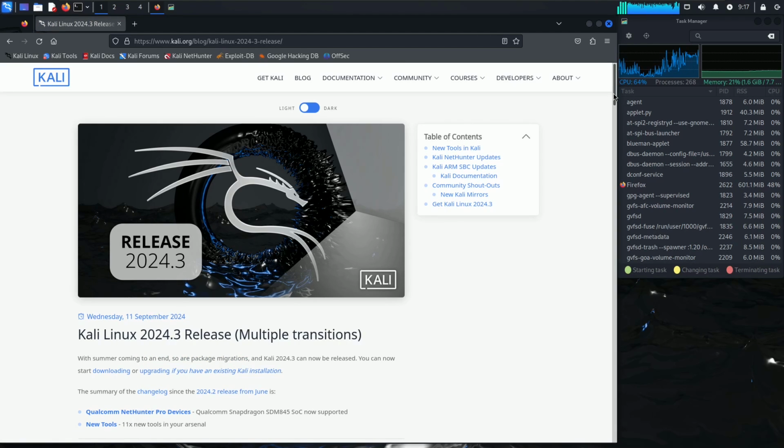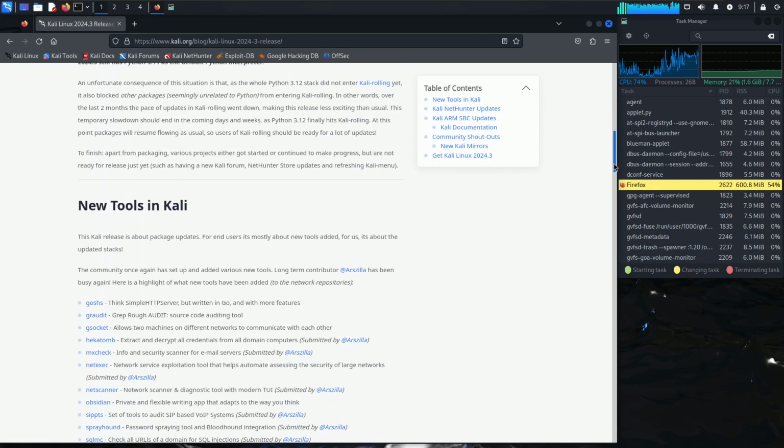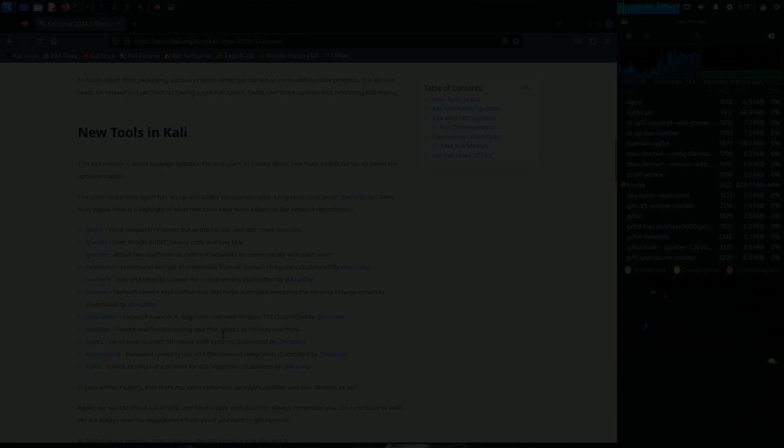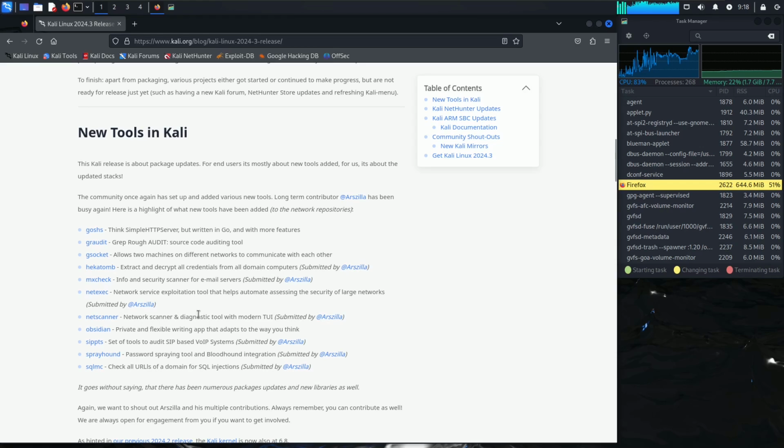And let's first talk about the main changes, like new tools in Kali Linux. So the Kali Linux 2024.3 release introduces 11 new tools, which is mentioned right here. So here are all the 11 tools which I already mentioned. So the first one is GOSHS, which is GoShs. Think simple HTTP server, but written in Go and with more features. And I'm going to go through all the information one by one. Graudit for source code auditing. I hope I am spelling properly.